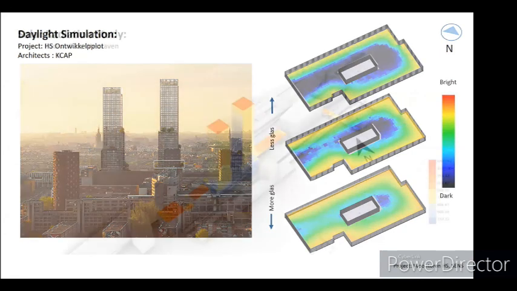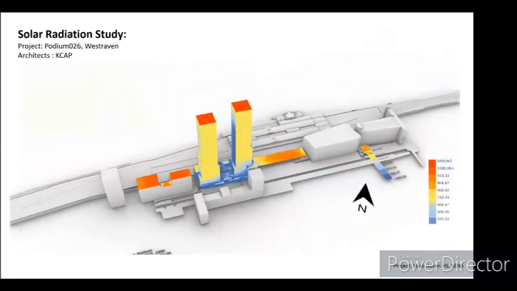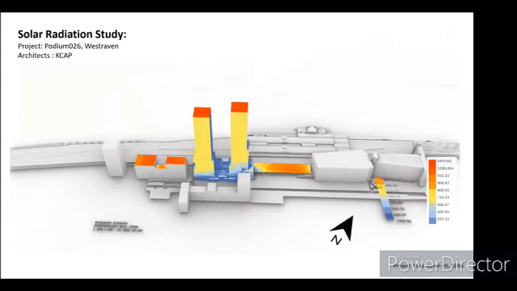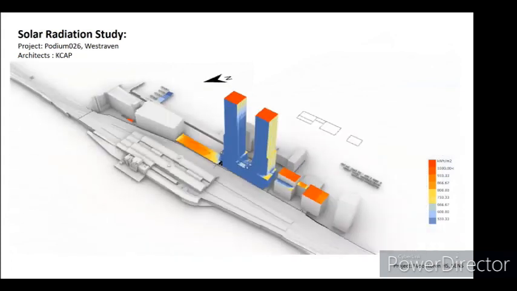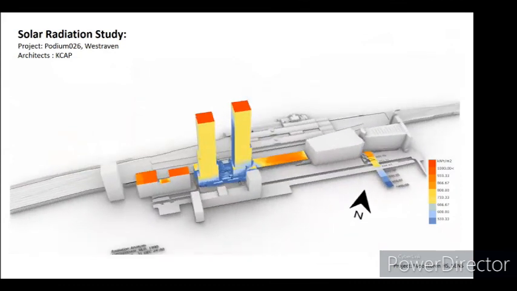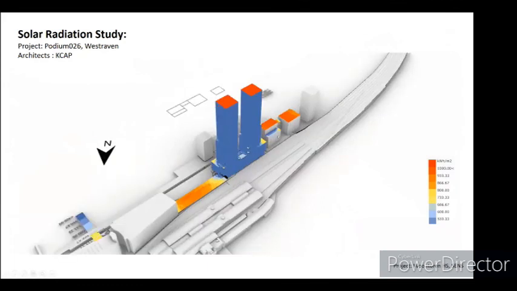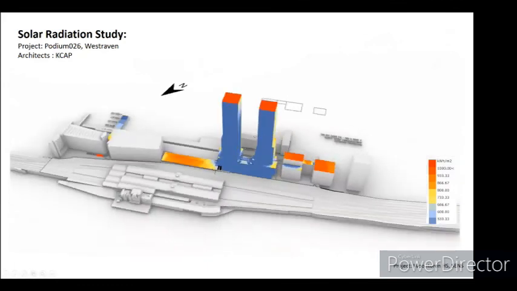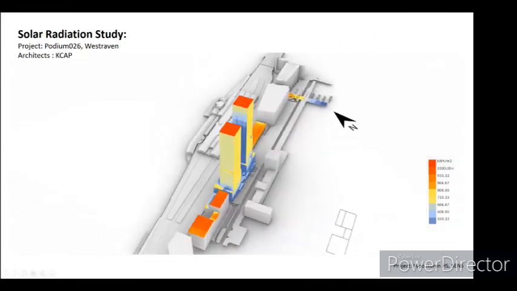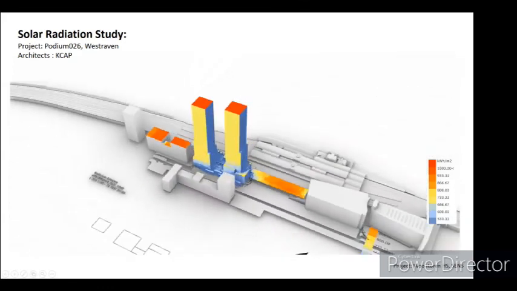And finally, since most buildings need renewable energy here for their approval, the thing with high-rise buildings is they don't have much space to put PV panels on the roof, because it's one vertical tower. So we did a solar radiation analysis to see the impact of the sun's radiation on the facade and see what are the best spots to put our PV and where we can optimize our energy production.